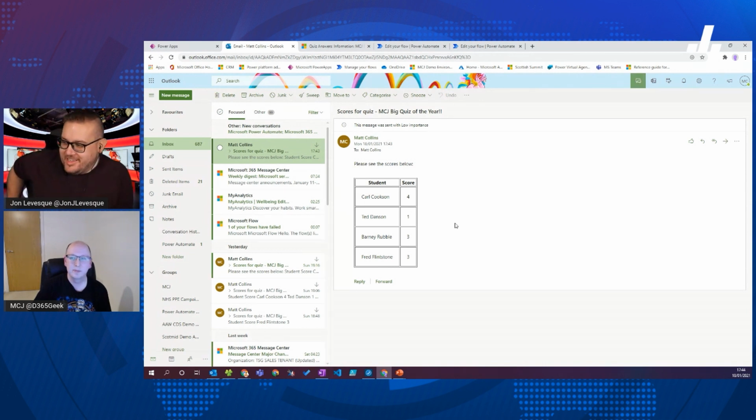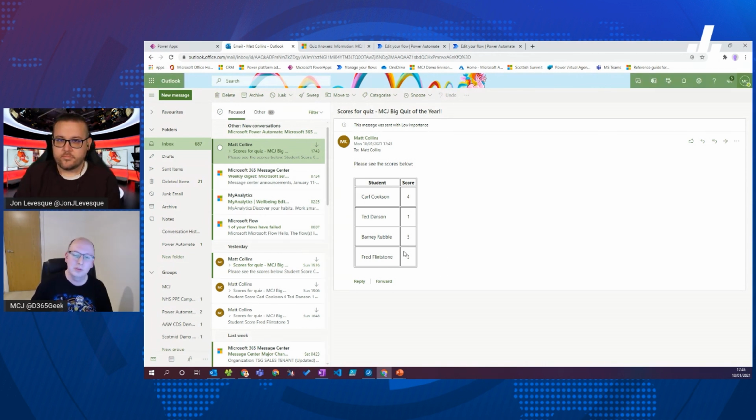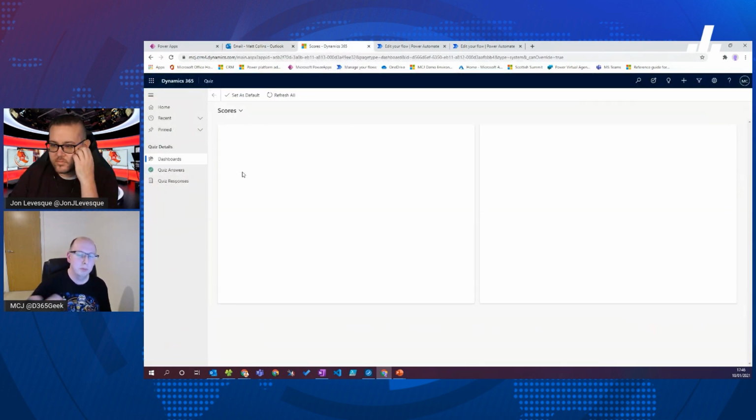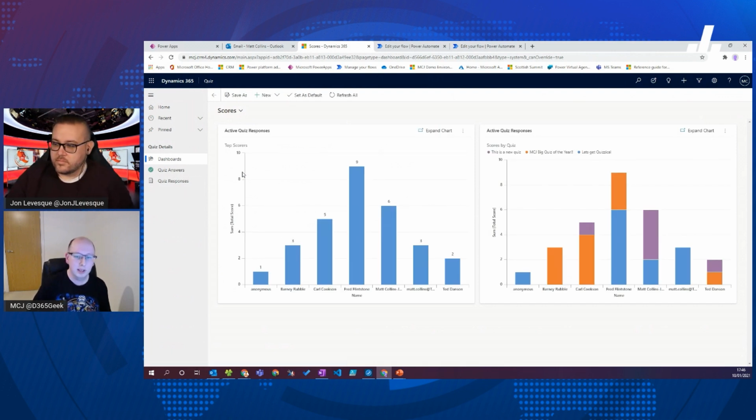I love this. Yeah, so the best part of all this is when you store the data in a system. So if you're storing it in SharePoint, if you're storing it in lists, if you're storing it in Dataverse, it doesn't matter where you're storing it. As long as you have that data, and as long as you can map those things together, what that means is that you can generate reports on how well people are doing, like this. So this is a list of all of the scores that people have gotten. So total scores for all the quizzes. And we can see a stack chart here of who's doing well in what quizzes they took, what their scores